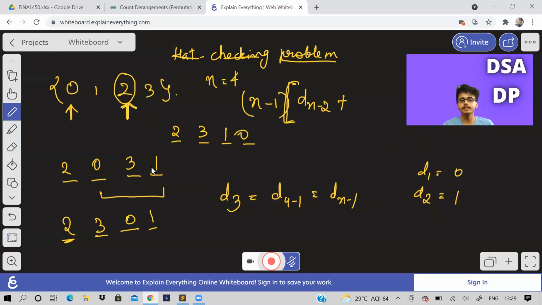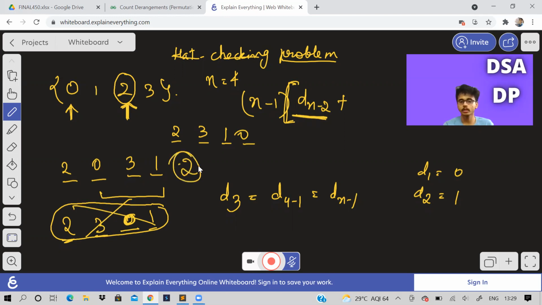So among these three possibilities, you can observe that this one has already been considered. This case where 0 comes here, that means hat of 0. Just remember that hat will go to the person who was here. We already took that case here. So if you rule this out, how many cases are there now? How many ways are there? 2. Now what is 2? 2 is equal to d of 3.